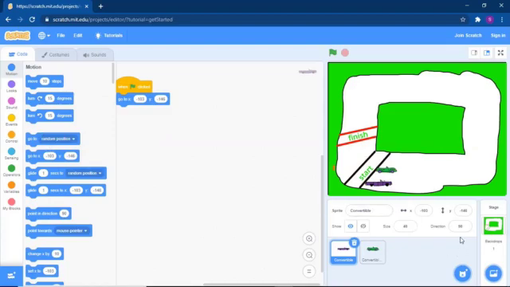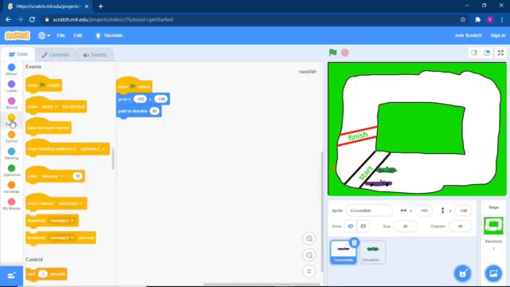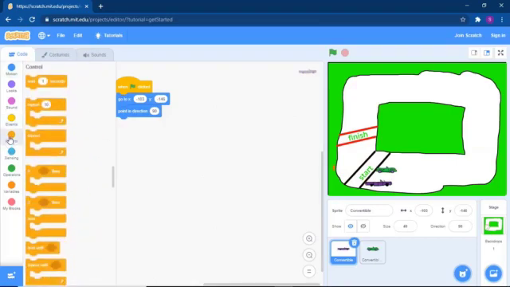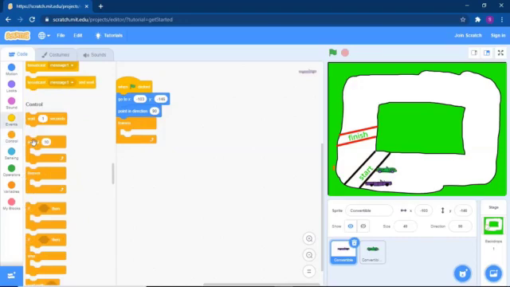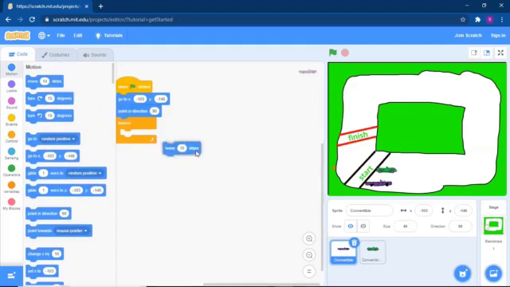After that, what will happen now? Remember the directions also. The direction also needs to be the same. Now this is the starting direction, so we can point in direction 90. This is done. Now the car will move continuously. So from the control block, we will get a forever. Forever, the car will move. How long will this car move? This will move forever.